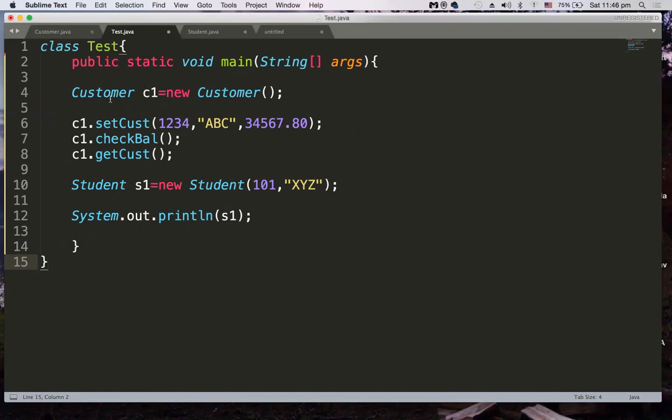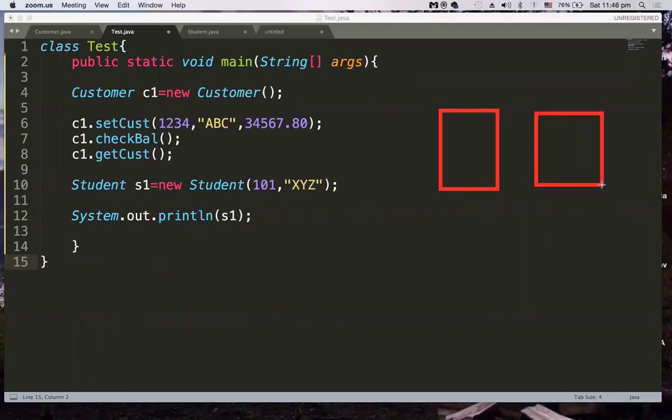In this class, what I am doing is trying to create objects, which are real-time entities or real-world entities or runtime entities. In this test class, I am creating an object of my class customer, and I have another class called student.